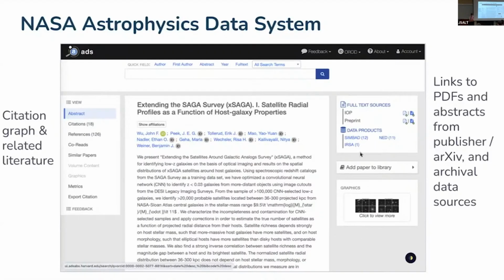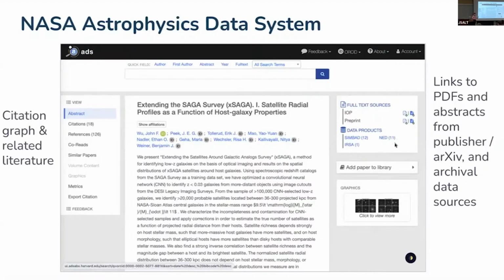If you look in this data products tab, we basically do named entity recognition of astronomical objects. So imagine you have your favorite galaxy, the Whirlpool galaxy. If you wrote a paper on the Whirlpool galaxy, then under one of these sources, it should be indexed in some sort of database of astrophysics objects. And so if you click in there, it might say, oh, this is a paper on the Whirlpool galaxy.